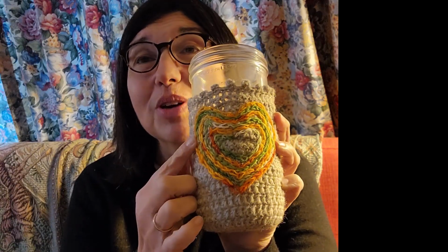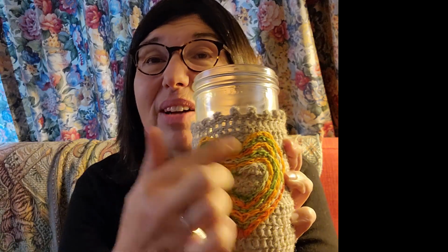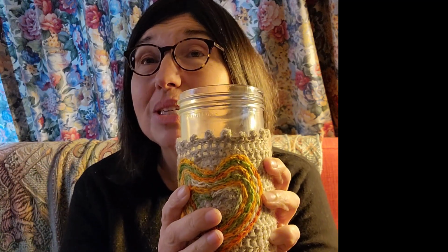So I took my 2 favorite colors, orange and green, and just did a chain stitch in a heart shape around and around and around and around. You could embroider whatever you want on. I can tell you that chain stitch works the best, or I find it works the best when I knit